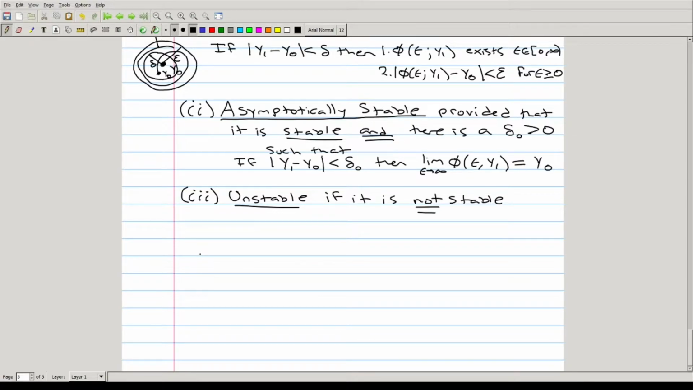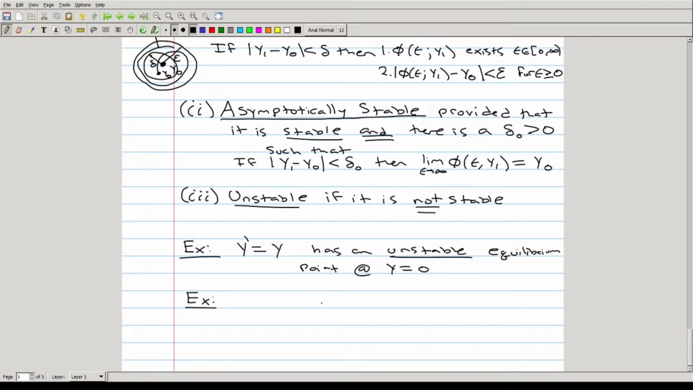So in the examples that we've seen so far, the Malthus non-dimensionalized differential equation, y prime equals y, has an unstable equilibrium point at y equals 0,